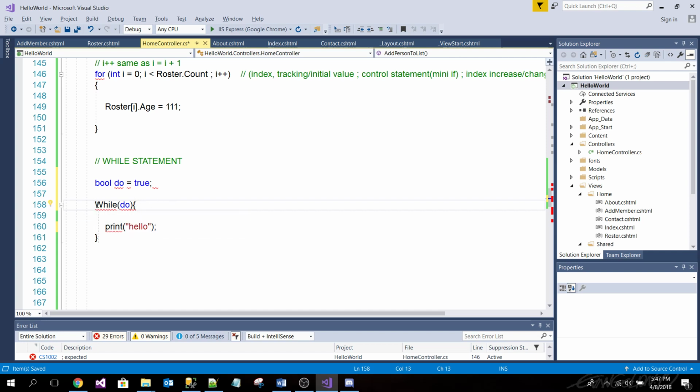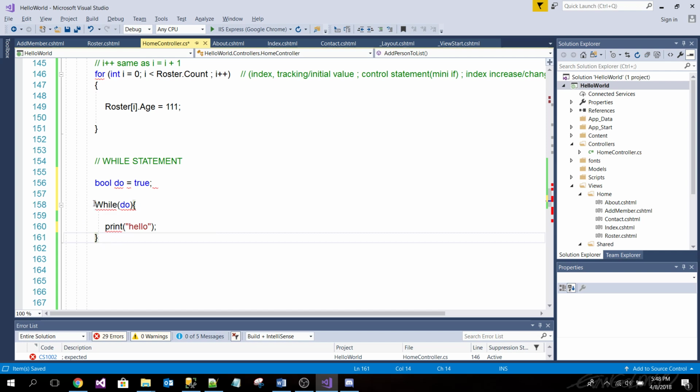So we get to 158. Is do true? Yes. Then print hello. Then we go to 160, and we print hello. And then we reach here, and we go back to the loop.